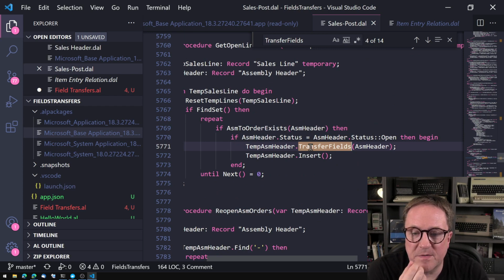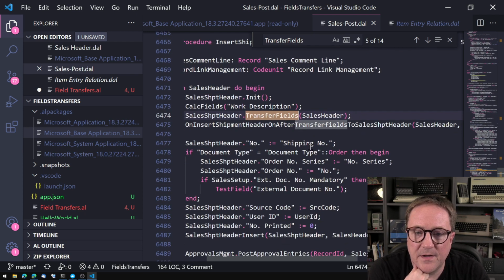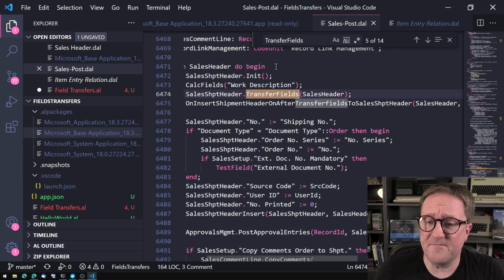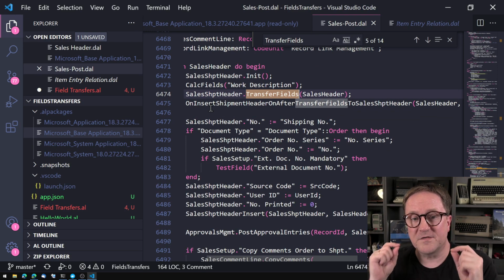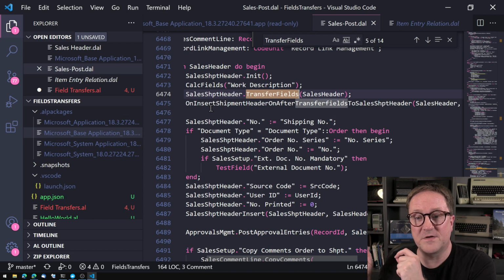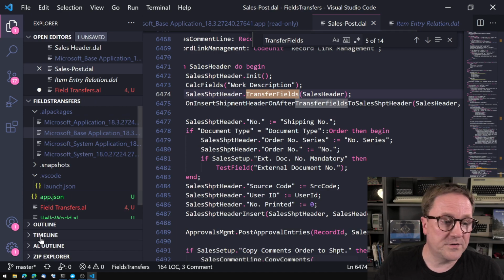And here we got the temporary assembly header copied to an assembly header. Here's a good one. Here's a very, very good one. So sales shipment header dot transfer fields from sales header, meaning that if we have the same field on the sales shipment header as we have on the sales header, it will get transferred. So if we were to,